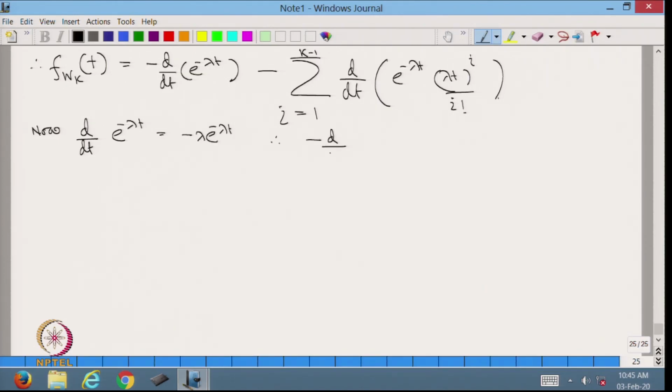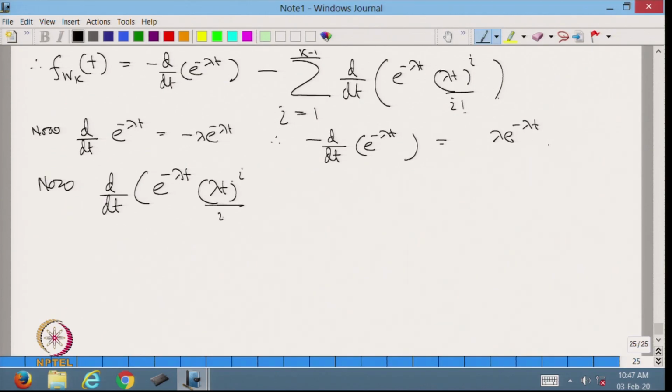Therefore, minus d/dt of e^(-λt) is equal to λe^(-λt). Now, d/dt of e^(-λt)(λt)^i/i! is equal to e^(-λt) times i(λt)^(i-1) multiplied by λ, upon i!. Then i will come into the picture,